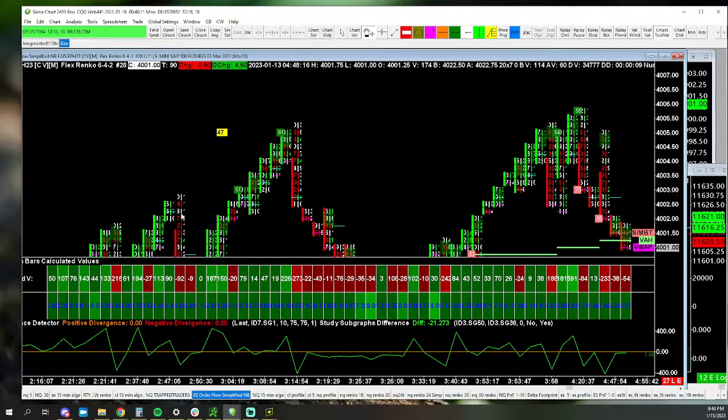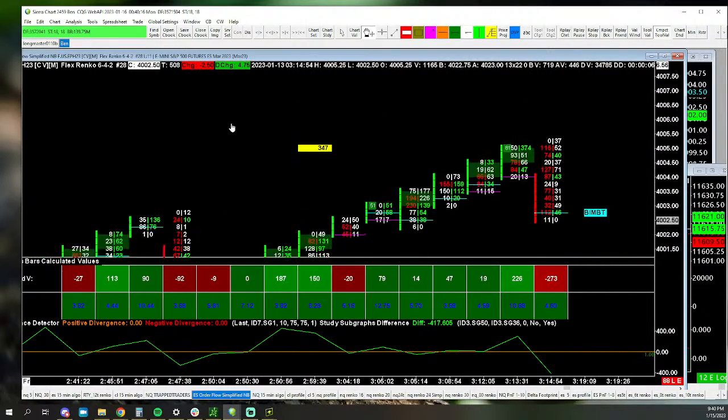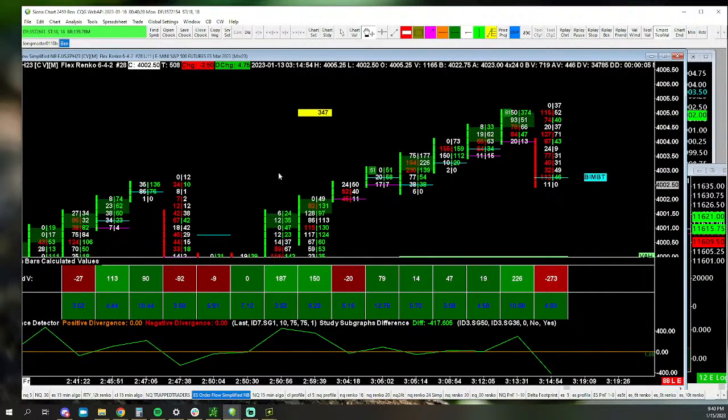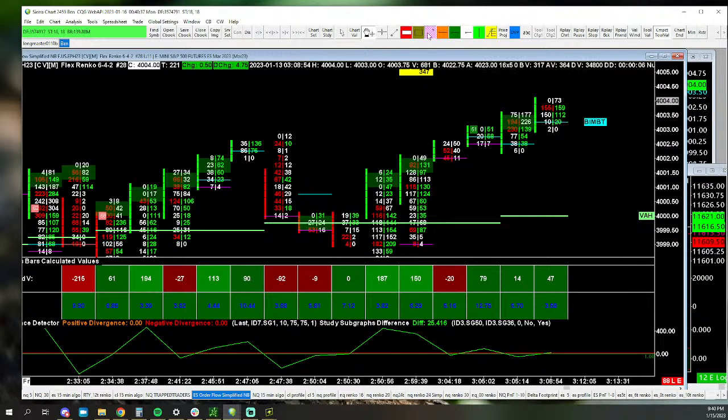So when you look here on the first one, I haven't actually looked at this before, but we can read it real quick together. What happened on the way up here? Well, you can see that buyers were pretty dominant, pushing up the market. We finished here and then continued, and you can see where most of the volume came in up here. Most of the aggressive volume, I should say, where everybody was buying the offer. But there's actually quite a bit of selling on the bid here as well, right?